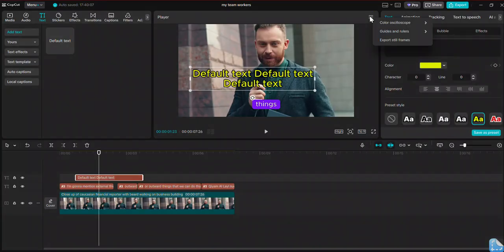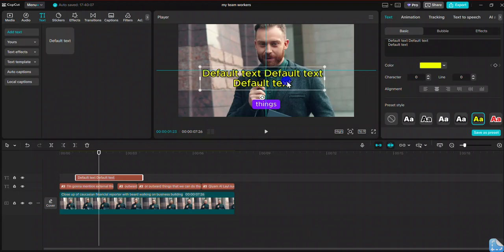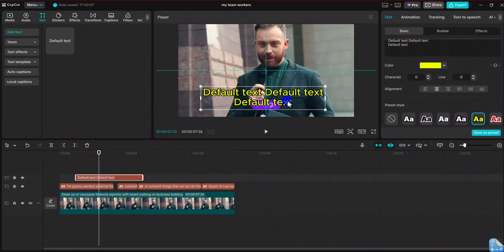After you click on this three dot, go to this ruler and guideline. So add the horizontal line, go to this option again and add the vertical line. So now I have these two lines in the center of the screen. So now I'll use these two rulers to align my text. So now drag the text to be in the center where you want it to be, like this.